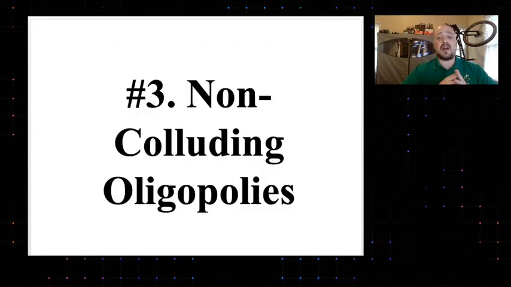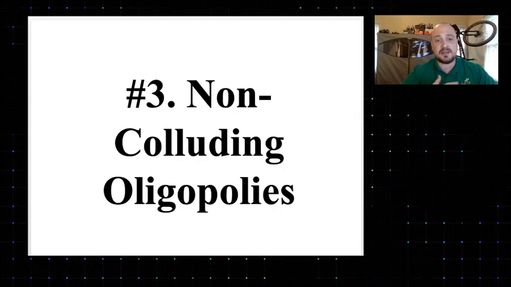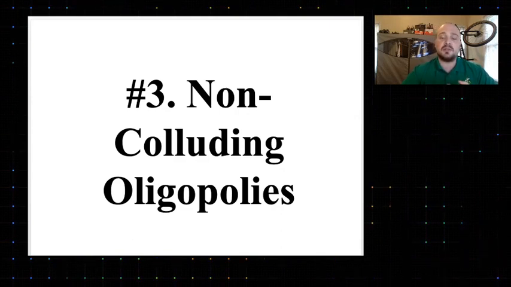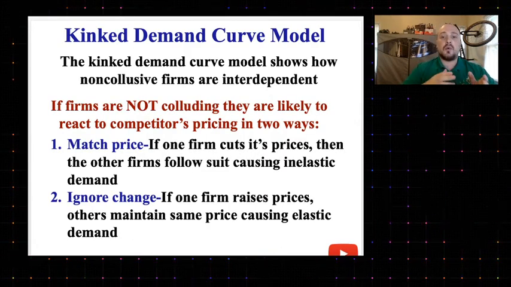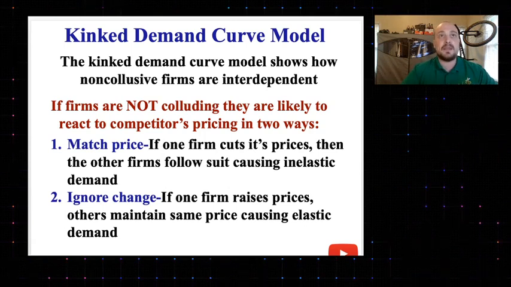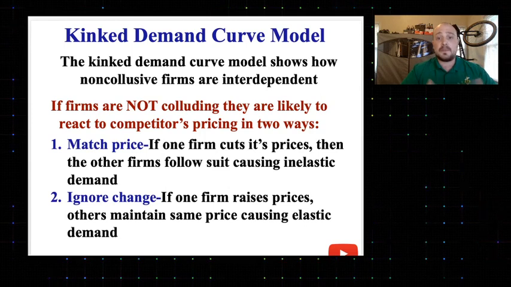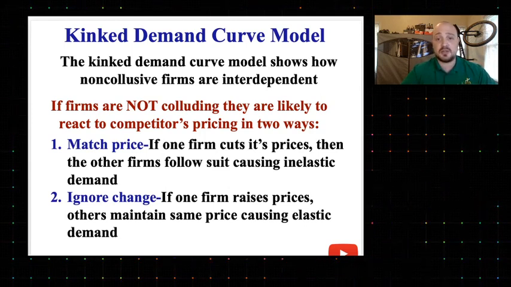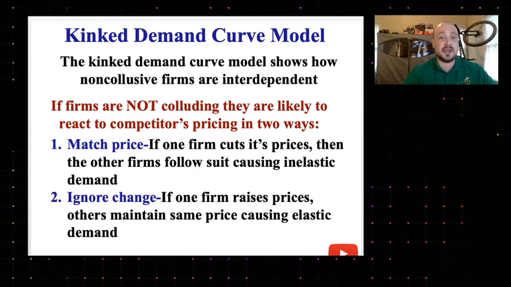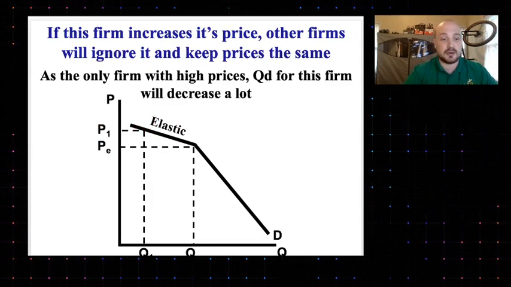Now, the last type of oligopoly is where it gets a little bit complicated, and so I'm going to switch to the iPad in a second and draw it out. These are non-colluding oligopolies. These are when oligopolies do not work together, right? So, when price leadership happens, when a business decides to raise the price or when a business decides to lower a price, the other businesses have a choice. They can either match the price or they can ignore the price change. And what this does is it creates a very, very strange graph, which we're going to call the kinked demand curve.